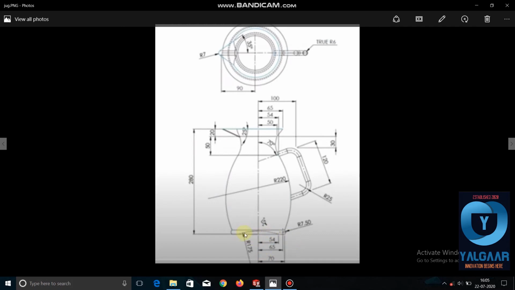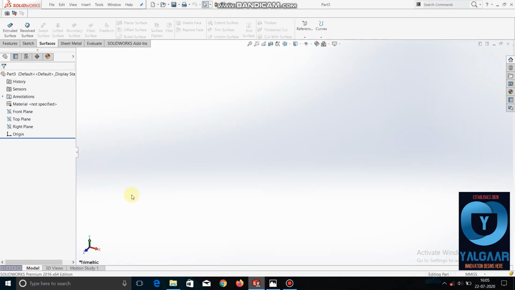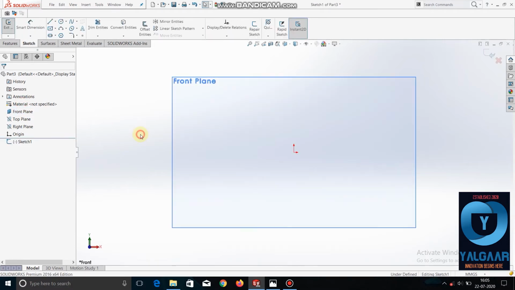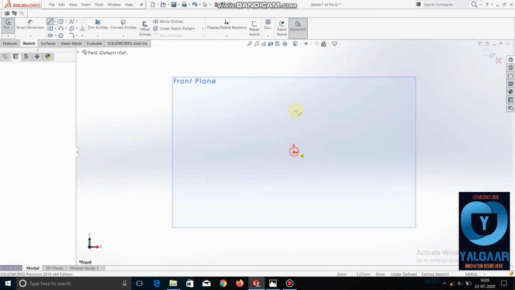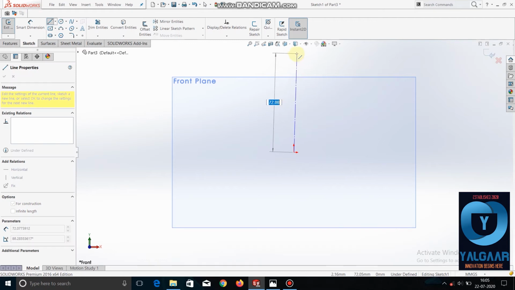The curvature of the jug is 175 mm, and we will give distances. Here you can see the distances and the radius. We will start drawing it on the front plane. Now on the front plane, draw a center line from these coordinates. The total height of the jug is 280 mm.